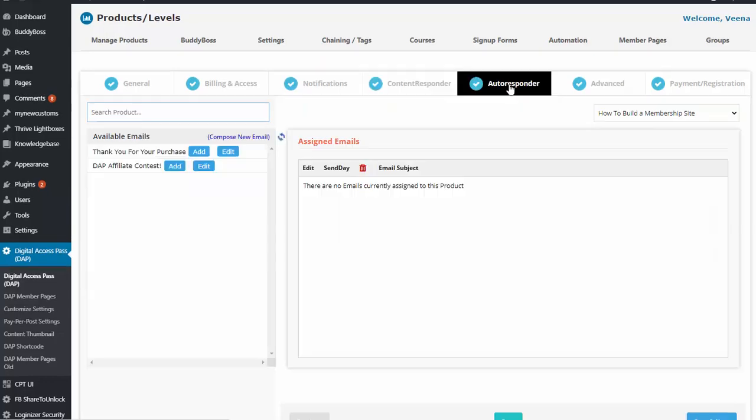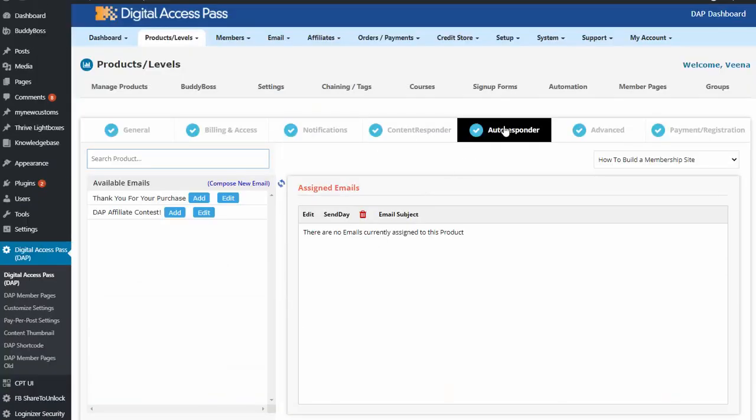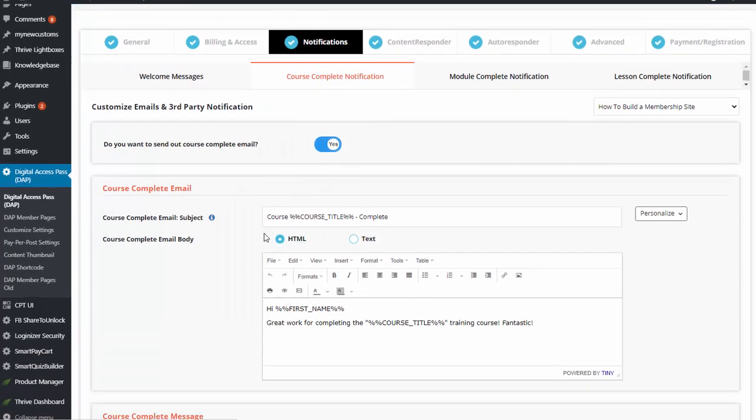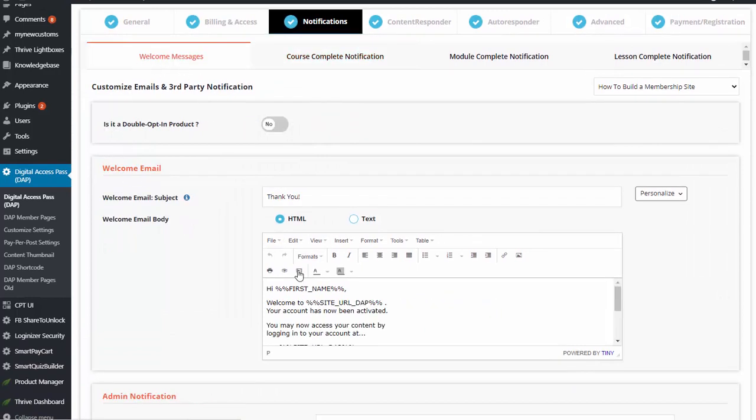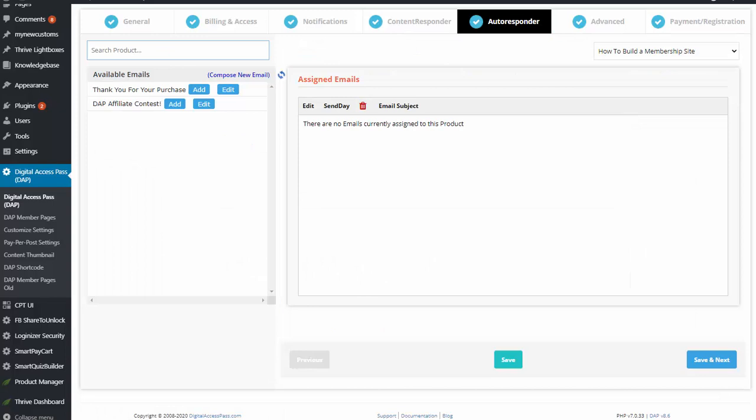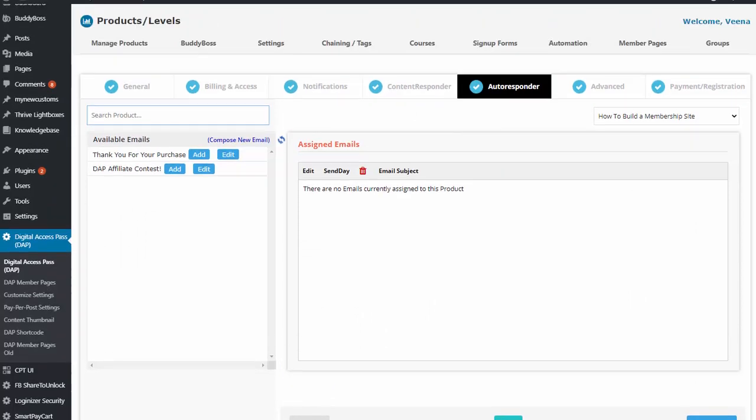All right, so the next tab is autoresponder. If you want to send follow-up emails to your users after they sign up to your course, so on day 1, you want to send them the welcome email. That will get sent from the welcome messages, whatever you set up here. But after that, say on day 2 or day 3, you want to continue sending emails,